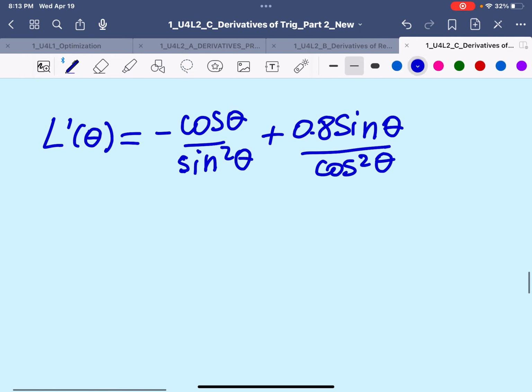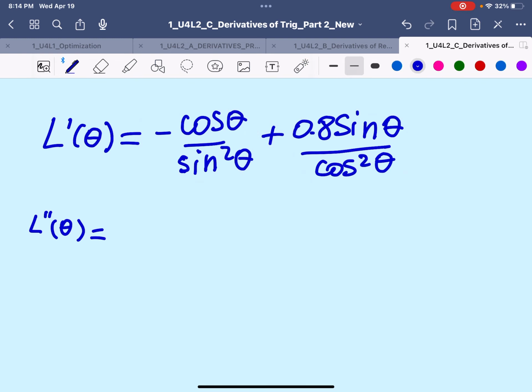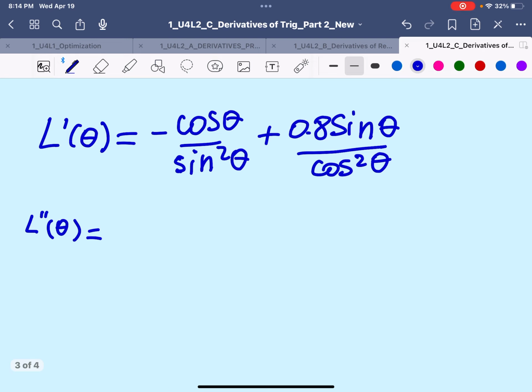Okay, so we're finding L second theta. So L second theta would be equal to, we're going to differentiate each term separately because we have the sum of two terms. So it would be easier that way. So the derivative of negative cosine would be equal to negative sine multiplied by sine squared theta, and then minus the derivative of sine squared would be 2 sine theta times cosine